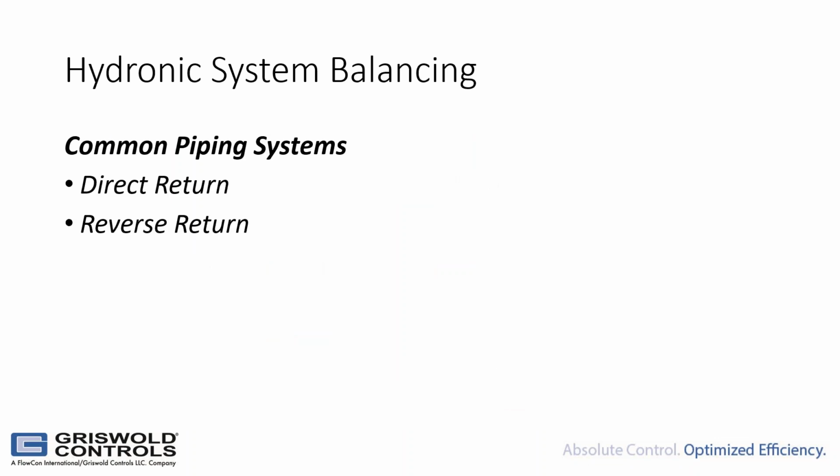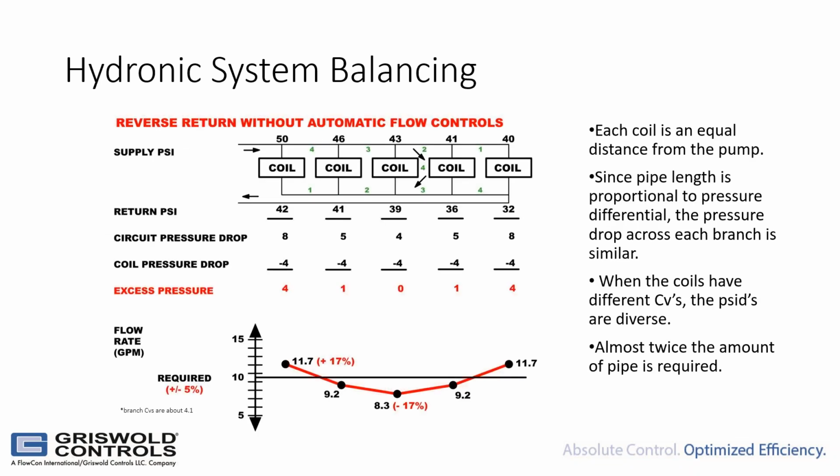So the solution that people came up with, because again, piping and friction is the problem and it's what's causing it. If you don't want to use balancing valves, another solution would be reverse return. So if you're looking at this piping scenario, you can see we've got an extra piece of pipe right here. So in a reverse return, the water comes into the first coil. When it leaves the first coil, it has a long run of piping to the end of the system, and then it goes back. And the goal, again, in reverse return, was to make those piping friction losses equalized throughout so that the zone that's closest to the pump does not get the most flow and pressure because it doesn't have friction losses. So their goal was to make the friction loss from pipe be identical for each zone. And it does